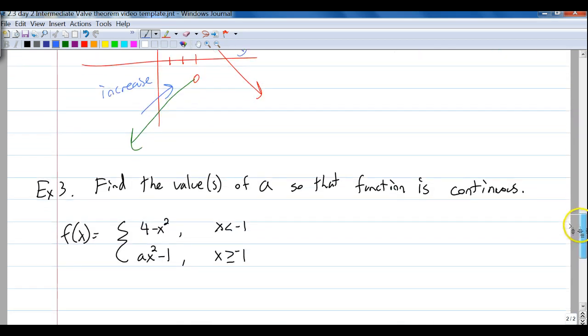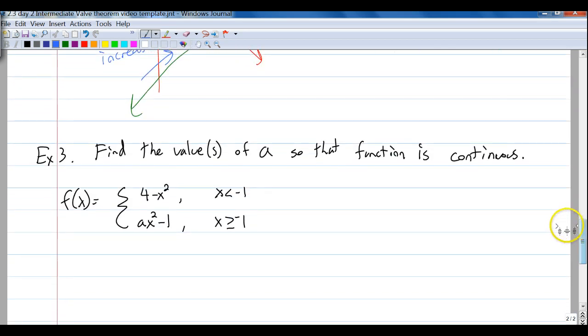Finally, find the value or values of a so that the function is continuous. Well, again, in order for a piecewise function to be continuous, the two limits, from the left and from the right, have to equal each other. Think of it as there's a jump discontinuity. We've got to line the graphs up. So we need to figure out what value will line these graphs up at x equals -1. So to do that,